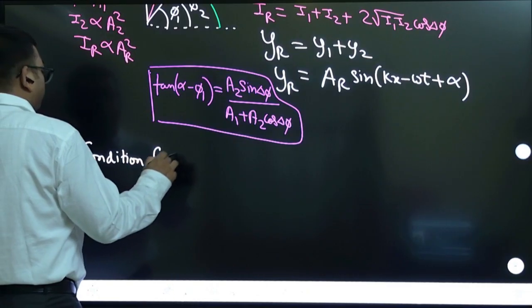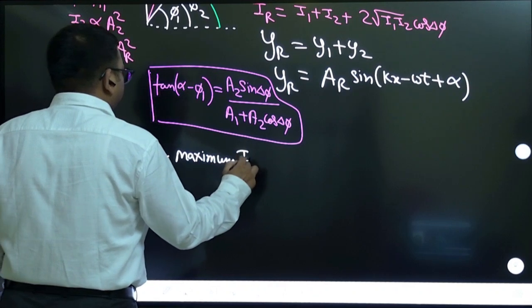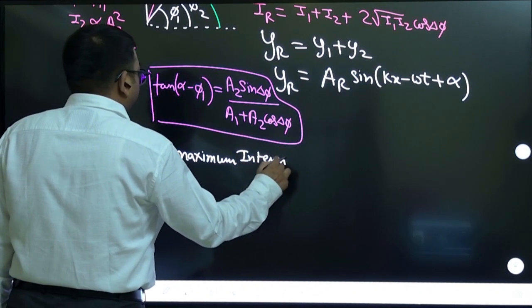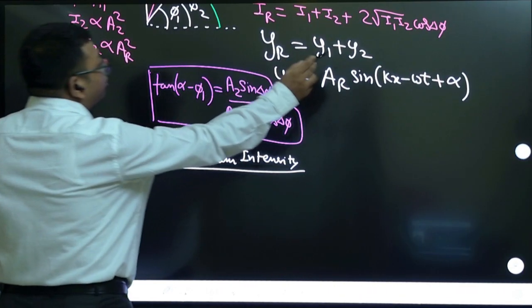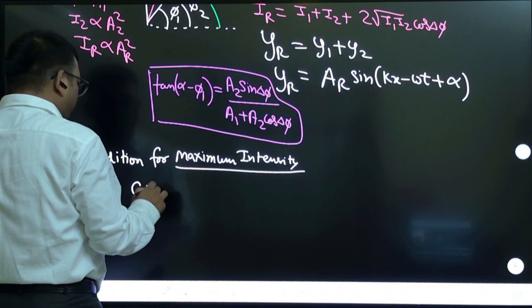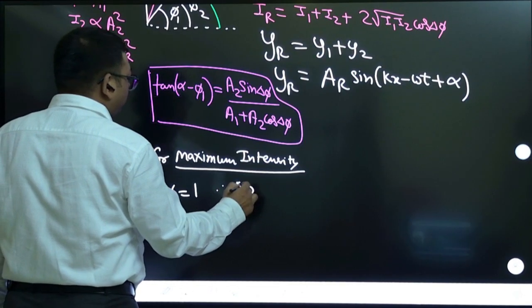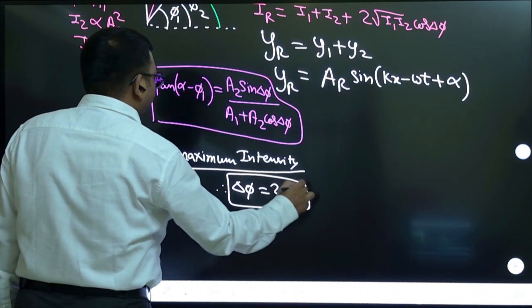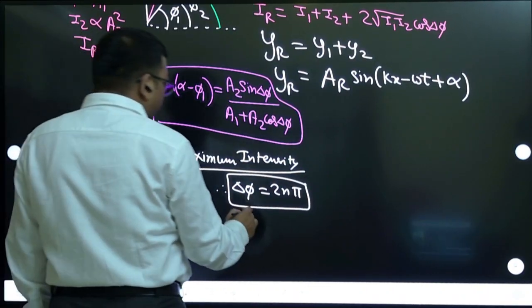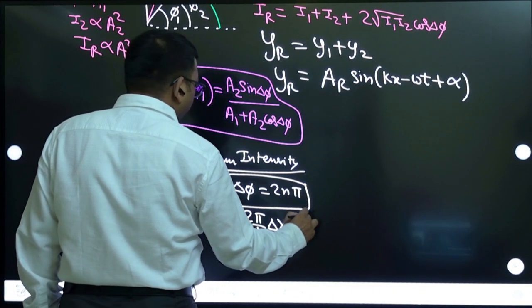Condition for maximum intensity. So, what is the condition for maximum intensity? In this formula, this cos delta phi should become 1. That means the condition is that delta phi should be 2nπ. That's the important condition. And if you substitute phase difference is 2π by lambda into path difference, then